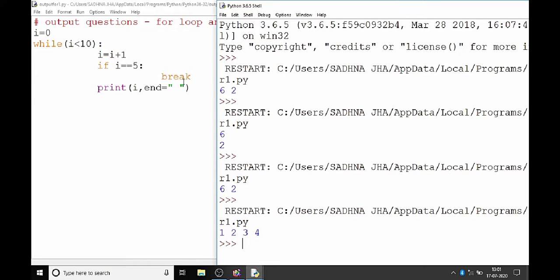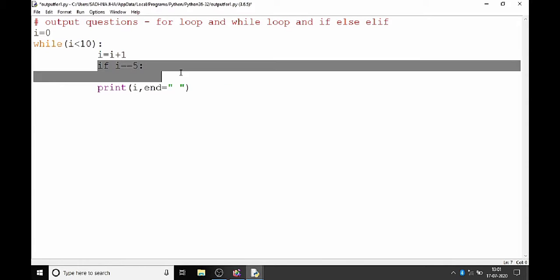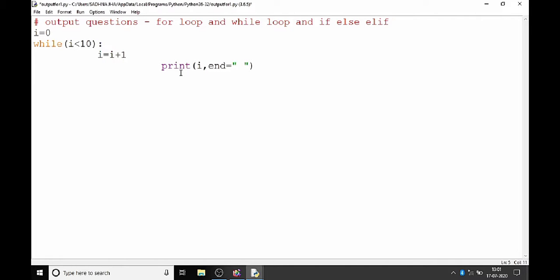If I don't write this break here, simply if I don't write this if statement, see the output.